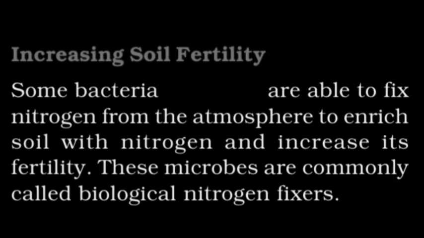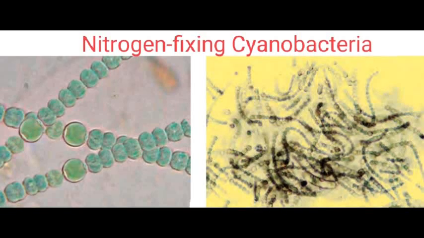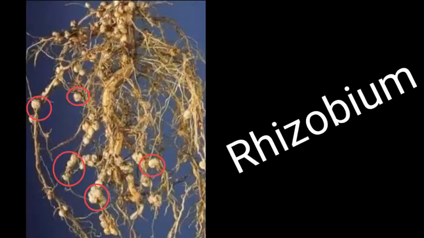The next area wherein these microorganisms are beneficial for us is agriculture. These microorganisms actually help us increase the soil fertility and thereby increase the crop production, and the increase in the food grain, which is beneficial for us. These microorganisms are actually biological nitrogen fixers, meaning they take in the nitrogen present in the air and convert it into nitrates, which are taken in by plants.